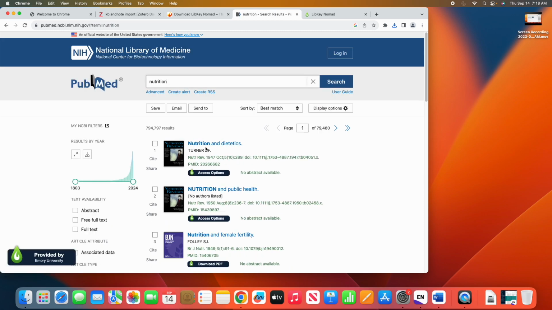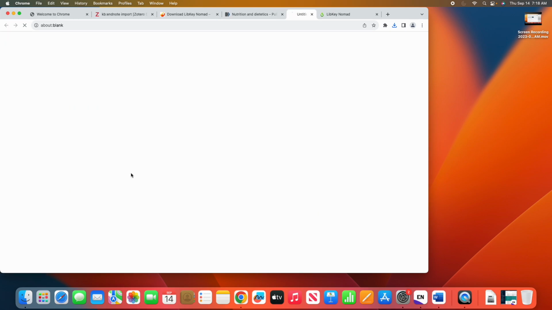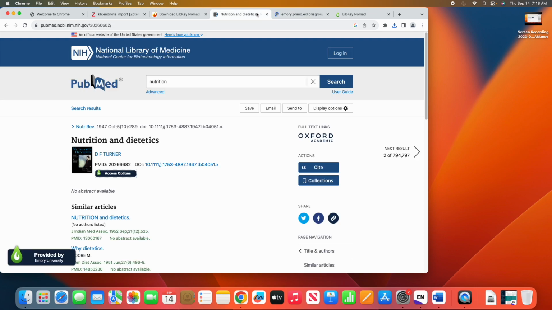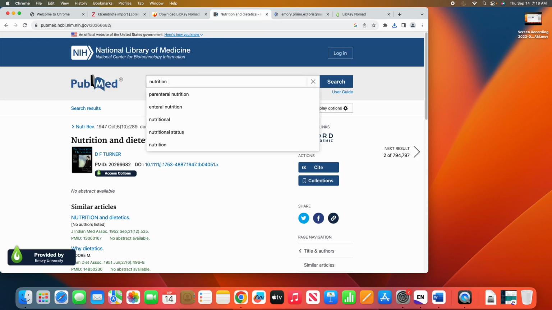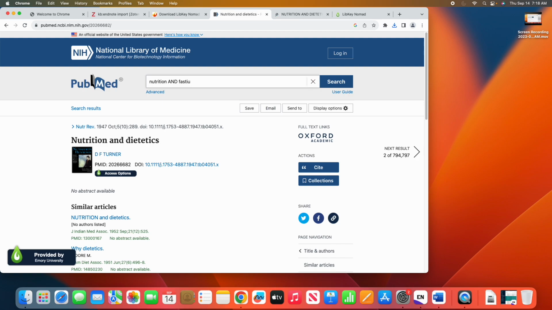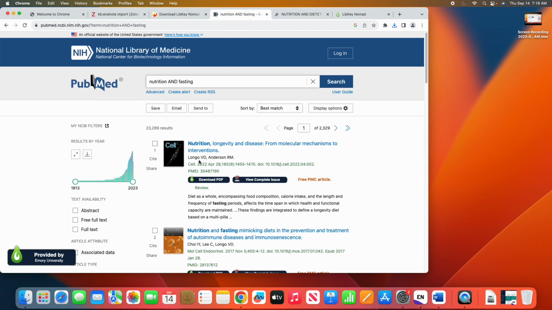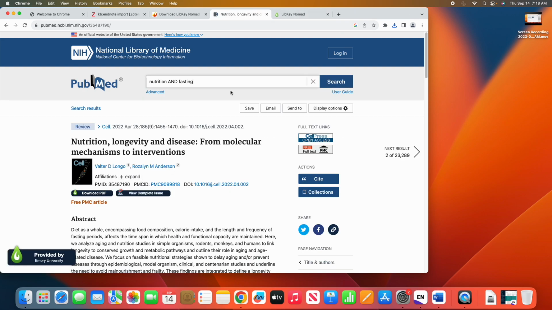Nutrition and dietetics. Okay, so you should only have to do this once, although I think this is actually a book. And fasting. Okay, yeah, there we go. So basically it's going to start creating this download PDF button and give you this little thing here. And it's a way to basically get through the whole system much faster, instead of clicking 1,000 times where it says,